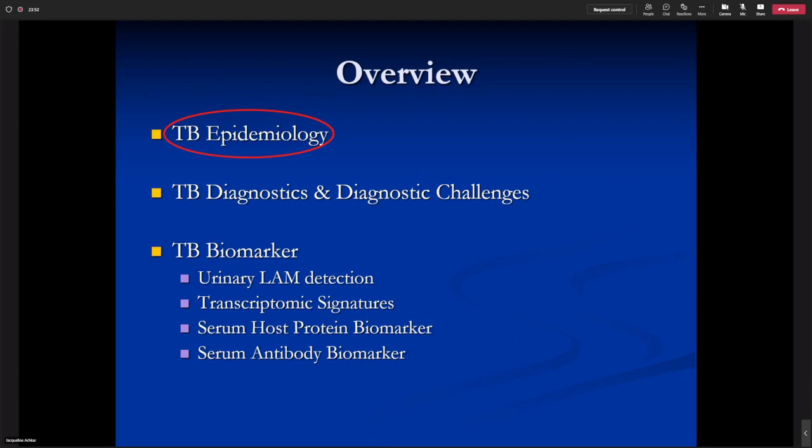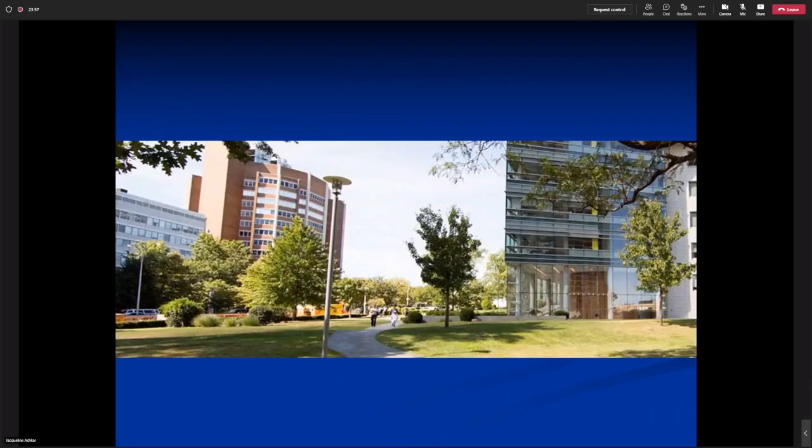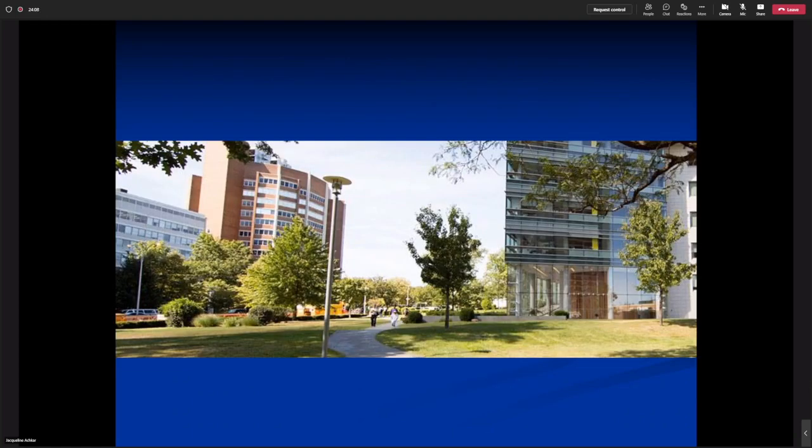Before I get there, I'm going to just do this a little bit faster. So first of all, this is where I'm coming from. It's in the Bronx. It looks very pretty, but surrounding are projects and very poor neighborhoods. This is one of our research buildings, but there are clusters of research buildings. That's the Albert Einstein College of Medicine. And it is affiliated, like you are here, with the University of Arizona. It's affiliated with a hospital system, which in our case is Montefiore Medical Center, serving a predominantly really